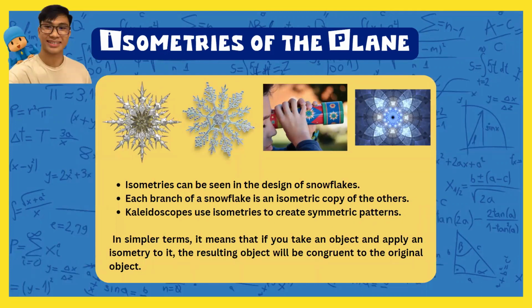Isometries can be seen in the design of snowflakes, and each branch of a snowflake is an isometric copy of the other. Kaleidoscopes use isometries to create symmetric patterns too. So you can see here, pareho yung kanilang pattern. Itong branch na to at saka yung branch na to, pareho lang sila, pero nag-iba lang sila ng position. So katulad dito rin sa kaleidoscope, ayun o, makita nyo dito na parehong-pareho sila pero iba lang ang kanilang location